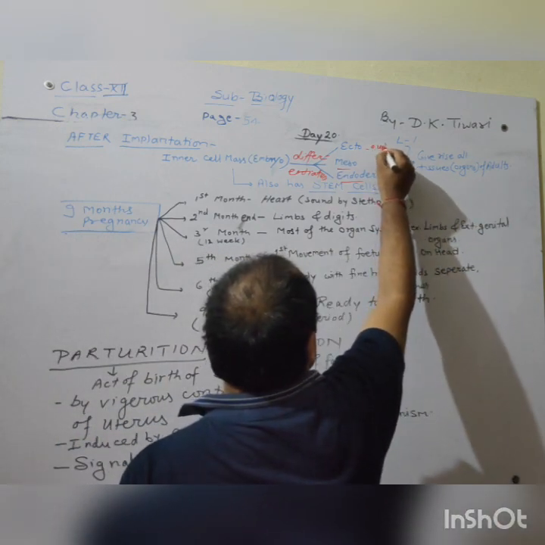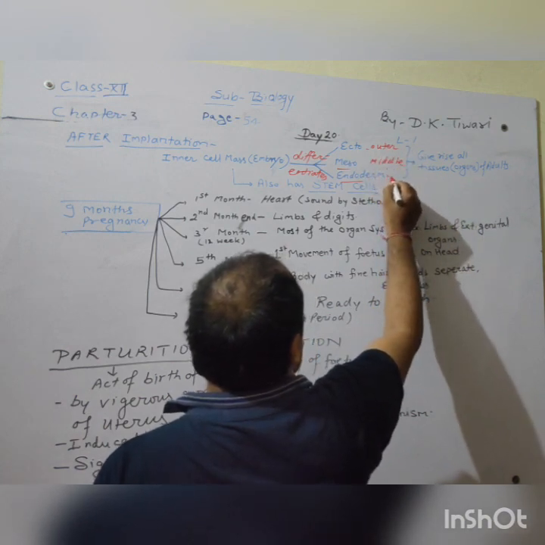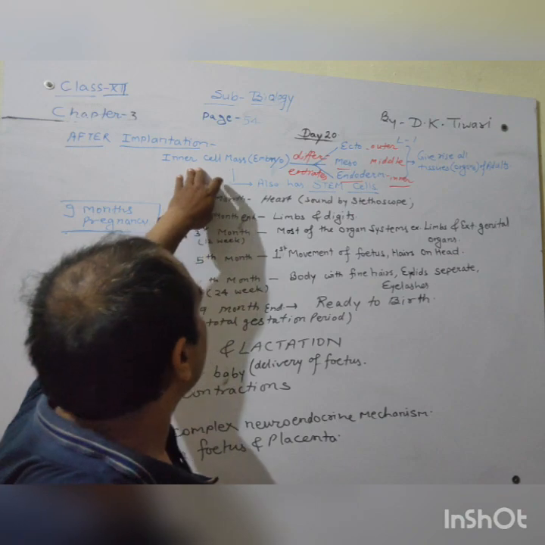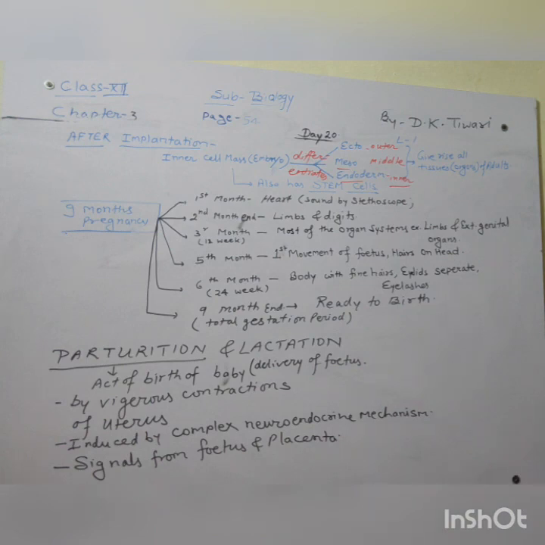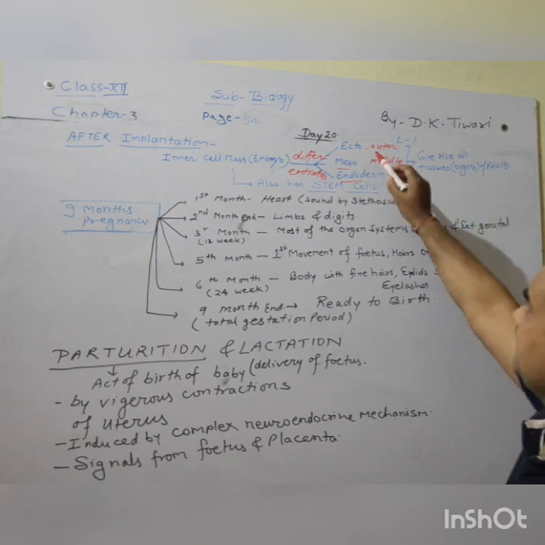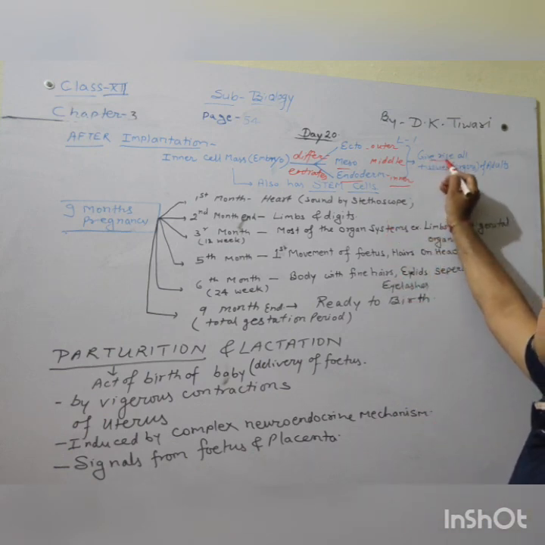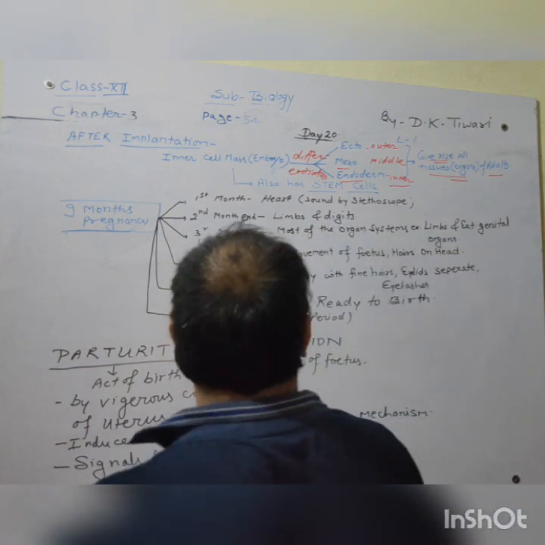Ectoderm is the outer germinal layer, mesoderm the middle germinal layer and endoderm the inner germinal layer. These three germinal layers have been made from the inner cell mass, while the trophoblast has been involved in the implantation. These ecto, meso and endoderm cells give rise to all the tissues and all the organs of the adults. In the adult body, whatever organs and tissues are found, all are made by these